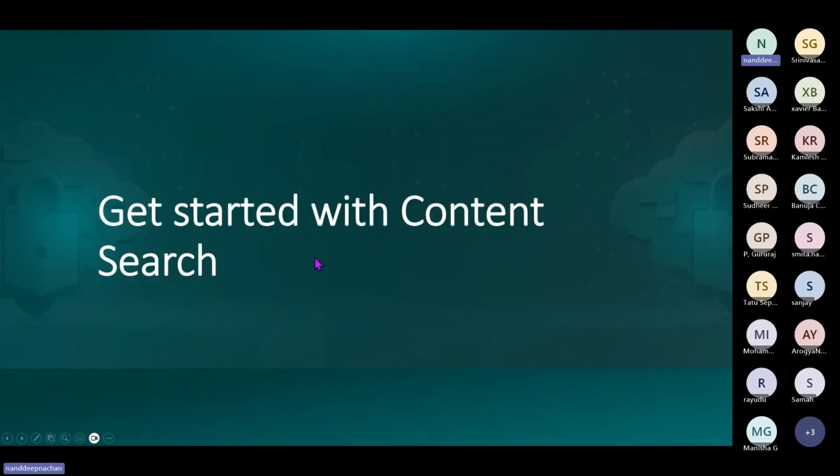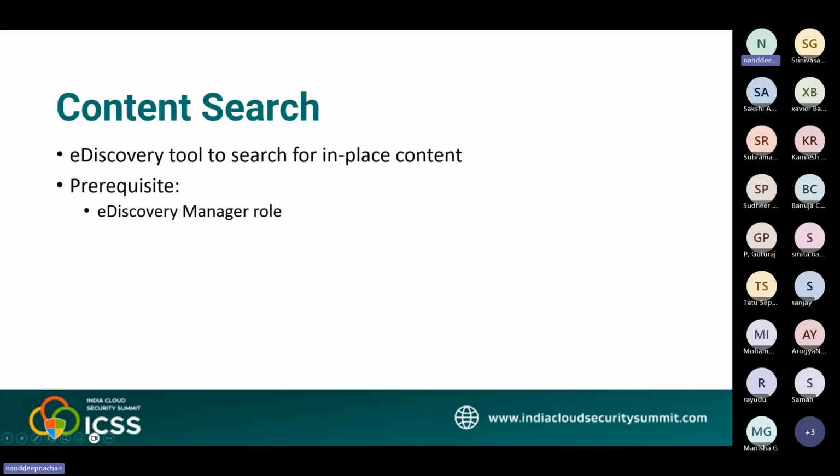Okay, so now let's start with the first kind of service, which is content search. Content search is simply that you can search for the content using the eDiscovery tool, which is available in the